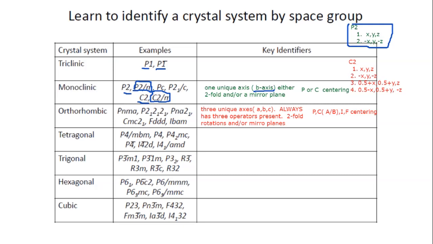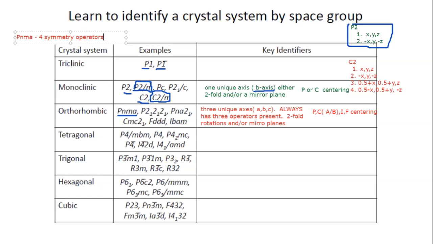So just like with C-centering, if we look at PNMA, it's primitive. And I'm not going to write all these out because as you go to higher symmetry, you get more operators. But just to show you a comparison, PNMA has 4 symmetry operators. Now, if we went to something that was C-centered, for example, CMC2 sub 1, every primitive, and this is important here, every primitive orthorhombic space group has 4 symmetry